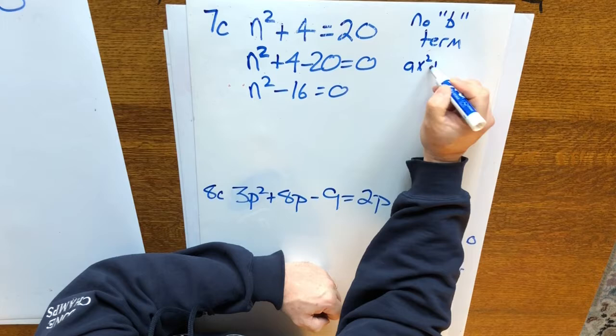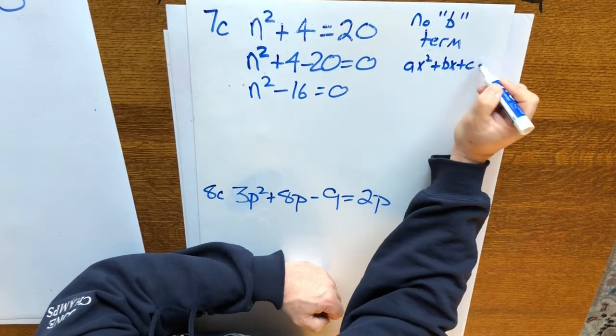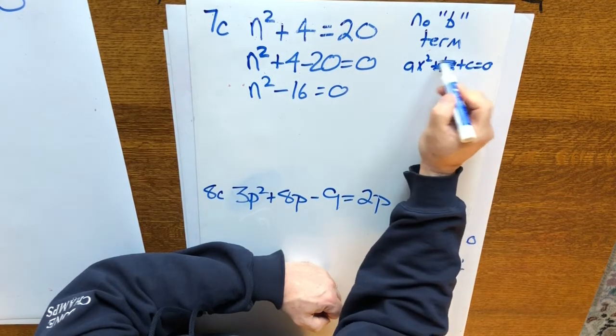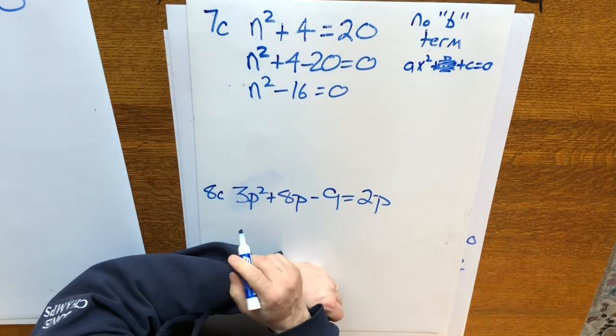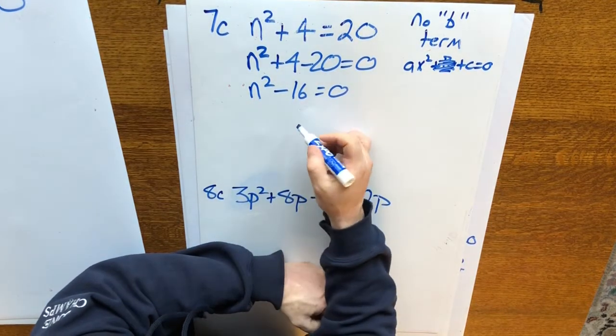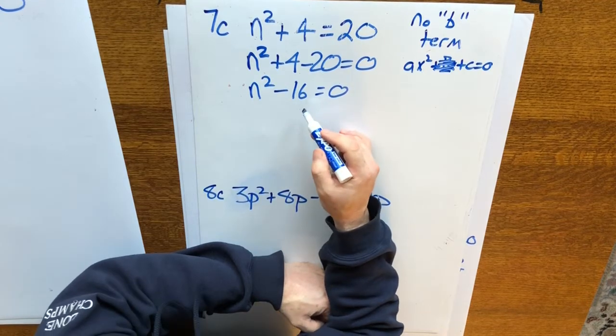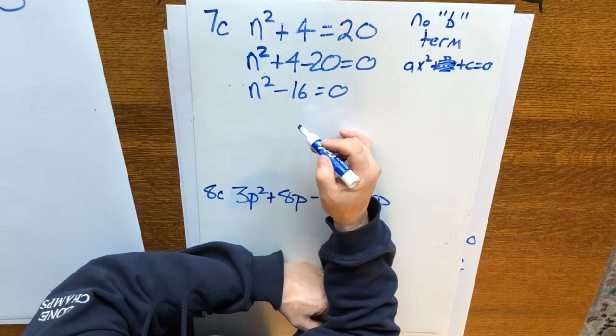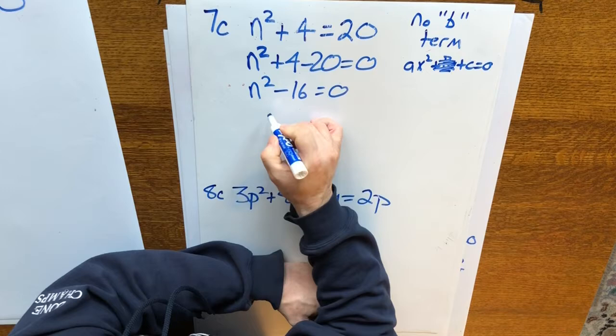Ax squared plus bx plus c equals 0. It looks just like this. There's no x term in the middle, or in this case, no n term in the middle. So this one is solved a little bit differently. We're going to solve it like a grade 9 equation. We're going to transpose the 16,